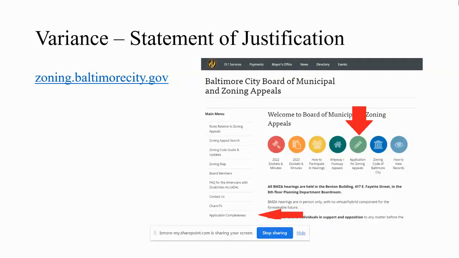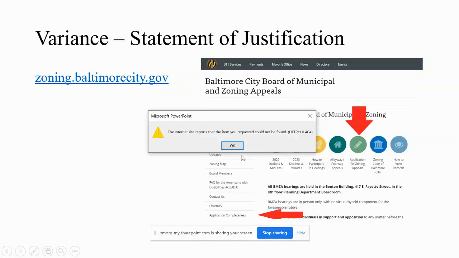But here's where you can find the page on our website that talks about application completeness, and there's a link on our page to the templates for the statement of justification for the variance, and the templates just go over what we've already gone over in this video. So if we click on here,